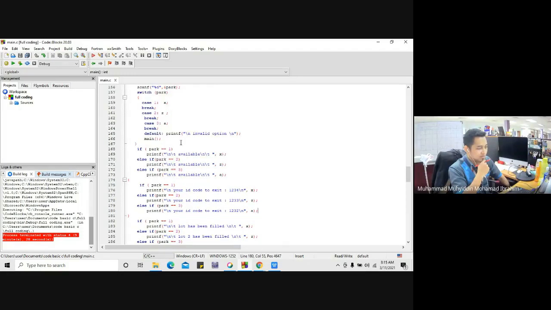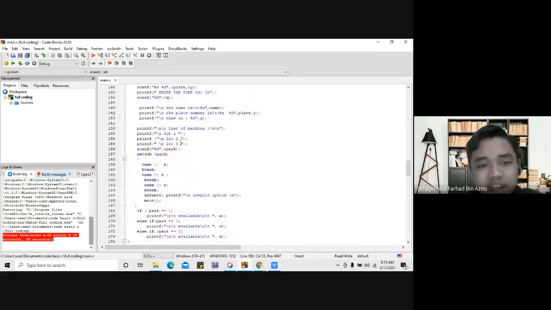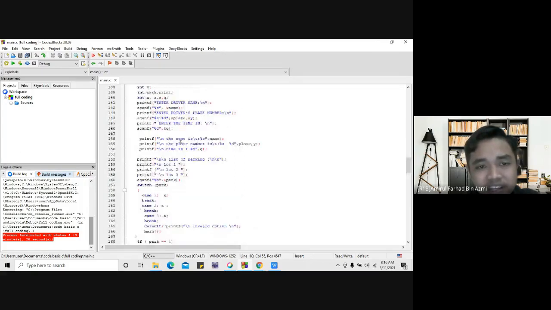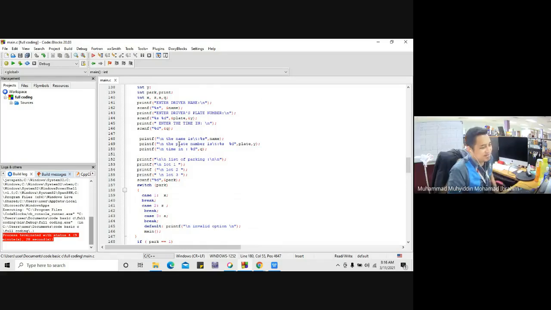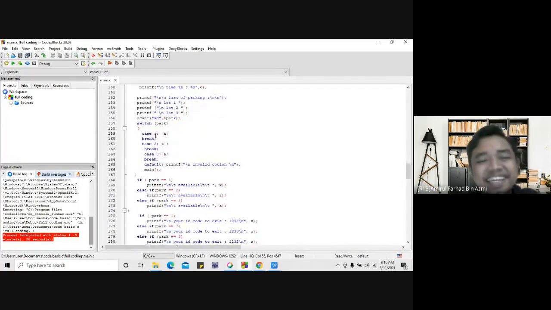So how about the array? Did you use any array for the lot? Awak ada guna array tak untuk this? I have tried to do array, but I don't know how to fix it because when I do array, it just errors, and then it errors again also. So I don't think so, and then I just do it manually. Okay, it's okay. Right, so next,